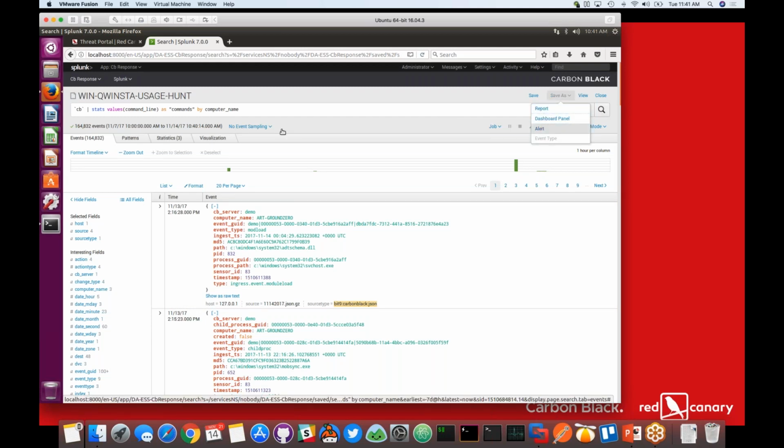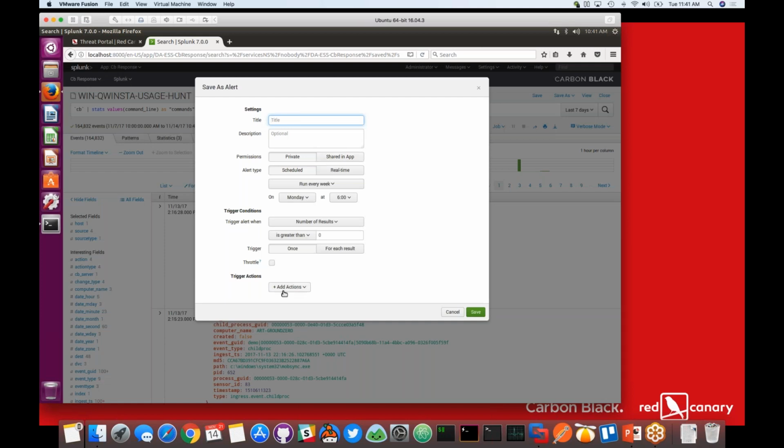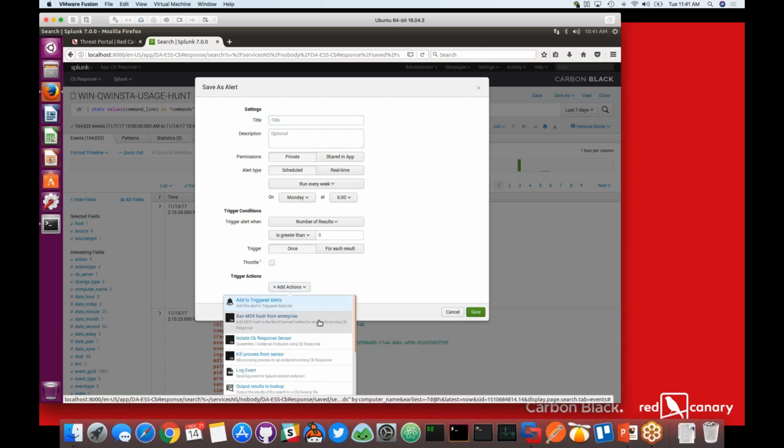So I'll just open up the alert piece here real quick, and you can go to add actions. And so you have the ability to ban MD5s, isolate the endpoint, or kill that process. In this case, if you have a really tight rule for banning MD5s, like say your VirusTotal integration, you set it to like 30, every time something over 30 is bad, go ahead and just ban it straight from Splunk. If you have a really good high fidelity feed hit or a watch list, or one of your reports is solid, again, you can set that to just isolate the endpoint every time this feed hits.